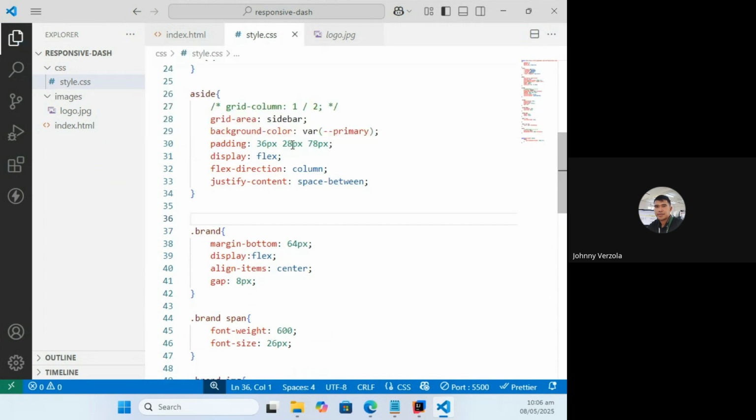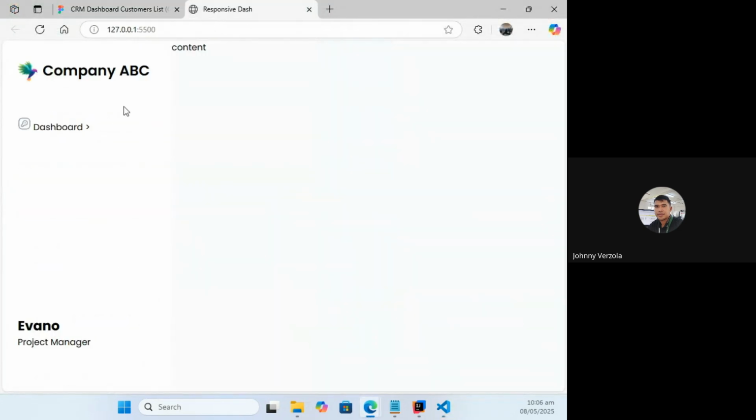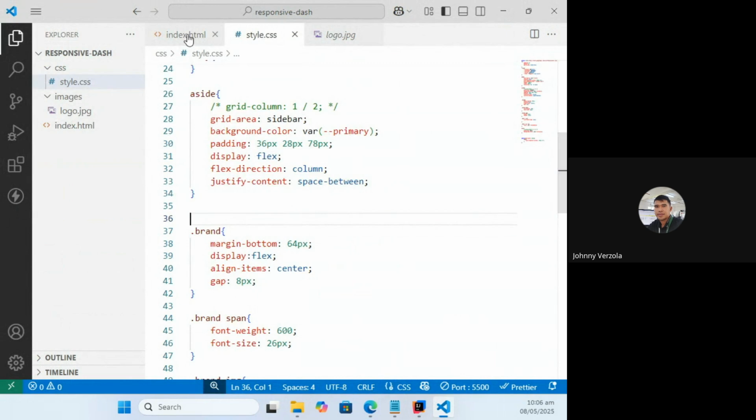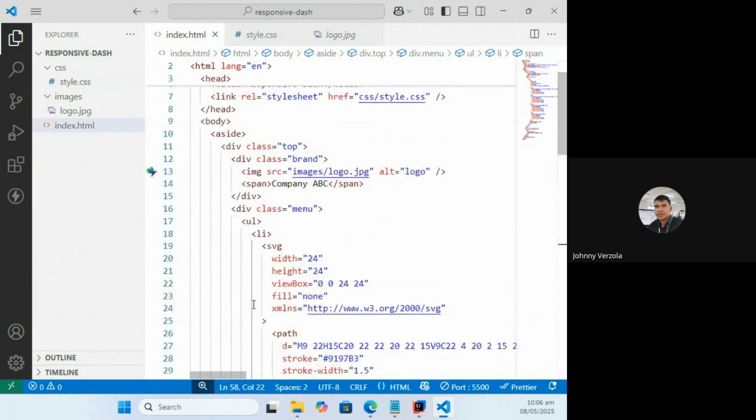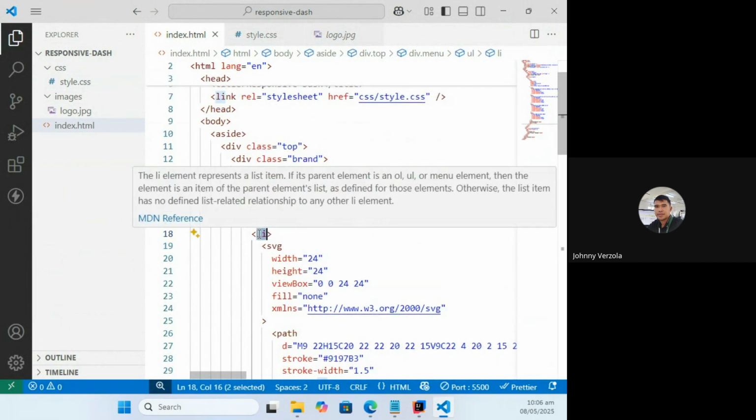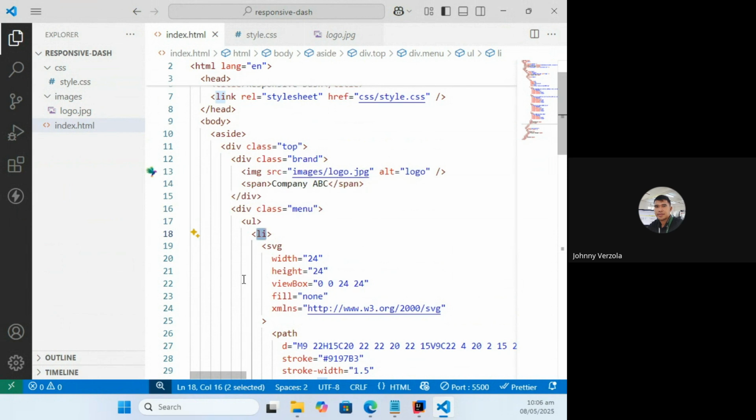Okay, save. Now we're going to make this. What is the name of that? What is this single element? It's an LI, the whole thing. How are we going to target this LI? Can you give me the selector for the LI? I'm going to target every individual LI, Mr. Ortega. How am I going to select that element? Can you give me a combination of selectors so I can specifically target those LI within that UL under the div class menu? Can you try?